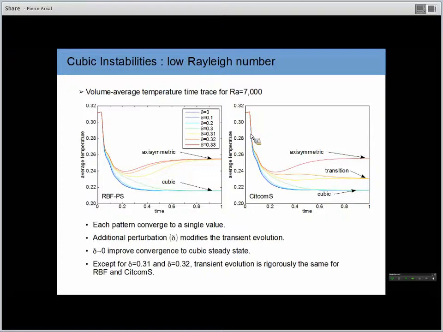So to investigate the influence of polynomial formations in metal convections, in isoviscous metal convections, one of the key parameters is going to be the initial conditions. In all of our models, we are first going to impose a pure conductive temperature profile, which corresponds to the left part here on top. And the key point of this initial condition is going to be the amount of additional perturbation